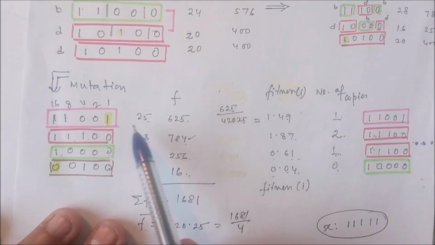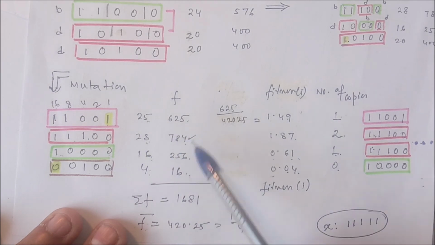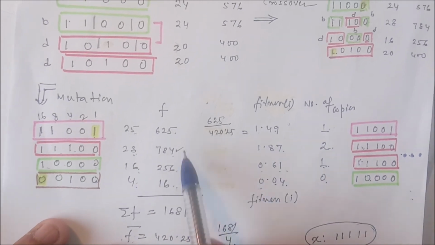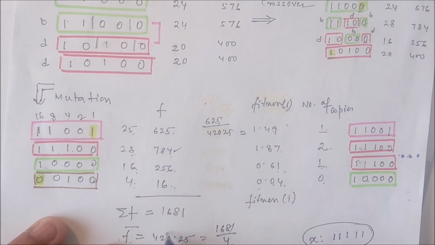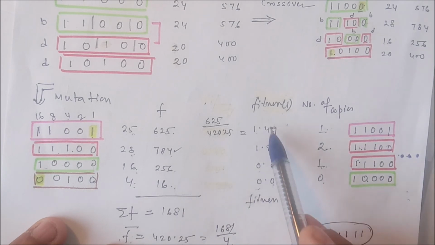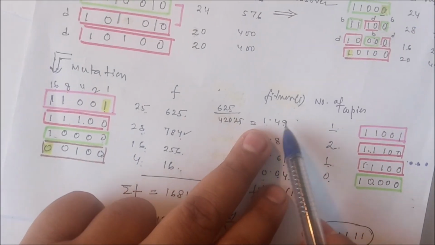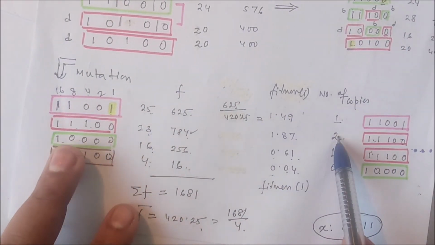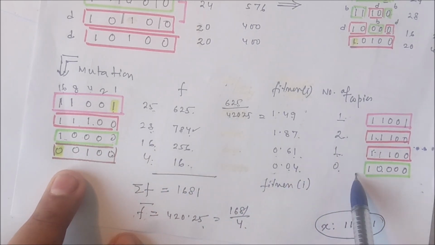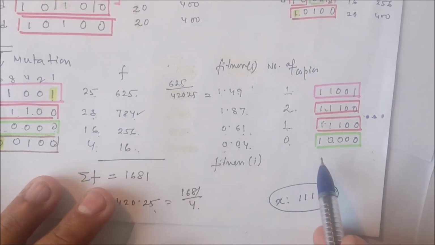हो गया एसोसिएटेड डेसिमल वैल्यू इज 25, इसका स्क्वायर हो गया 625। तो फिर से हम लोग एवरेज निकालेंगे, एडिशन करेंगे, डिवाइडेड बाय 4 करेंगे, और सबका फिटनेस निकालेंगे। सो 625 डिवाइडेड बाय द एवरेज 420.25, 1.49, इसी तरह से सबके लिए निकालेंगे, सबका नियरेस्ट इंटीजर निकालेंगे, तो क्या होगा 1210। इसका मतलब ये वाला क्रोमोसोम 1 बार लेंगे, ये वाला क्रोमोसोम 2 बार लेंगे, ये वाला क्रोमोसोम 1 बार लेंगे, और इसको लेंगे नहीं। ये हो गया हम लोग का। फिर से हम लोग इवैल्यूएट करेंगे, ये प्रोसेस इस तरह से चलता रहेगा,